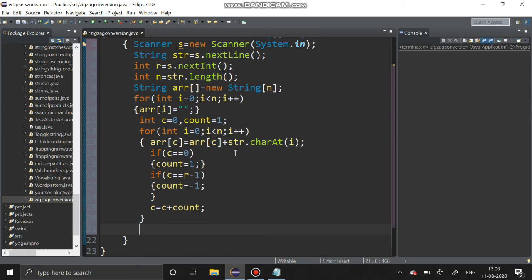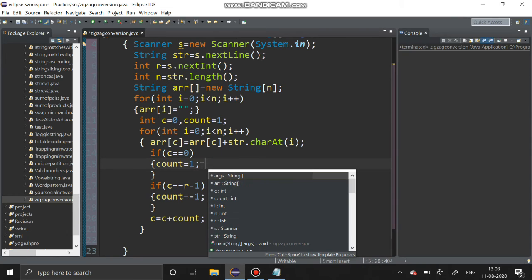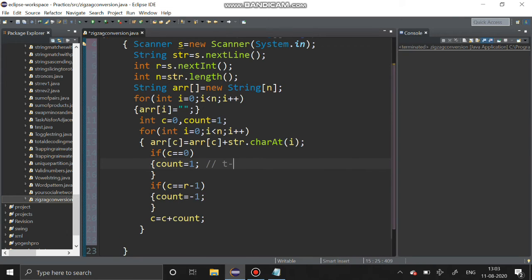This is for top to bottom and this is for bottom to top. This condition is for top to bottom, and this is for bottom to top.